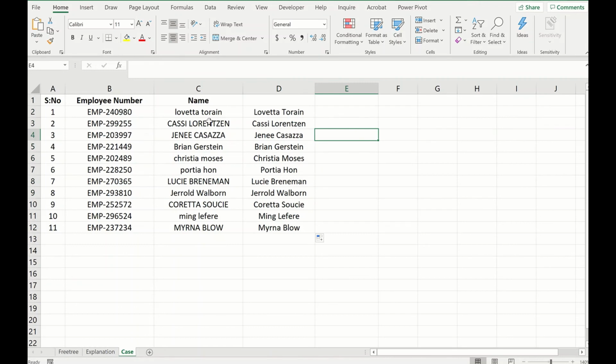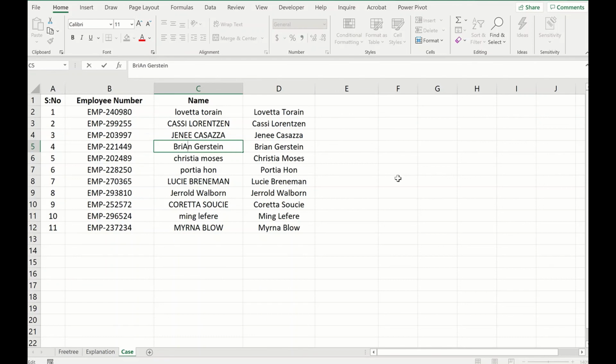It can be all capital, can be all small. The result is a proper first capital, all small name. It can even be mixed. For example, you see here, I can make A capital. It's still going to give the proper way. So this is a very useful function called PROPER. You can use it for formatting names, and it saved a lot of time for me with the recent version of Excel.